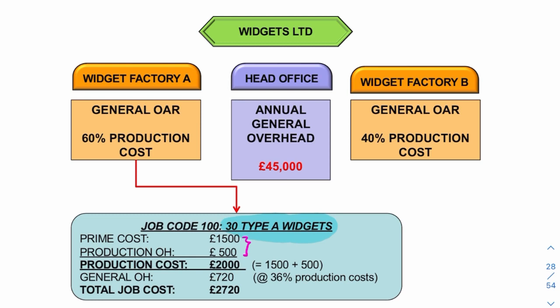prime cost, and then the production overheads. Remember the production overheads with the OAR bases? For whatever OAR base we used, we ended up with £500. So the sum gives me my production cost. My production cost is the prime cost plus the OAR base. So if we go back to our example, we've got the prime cost